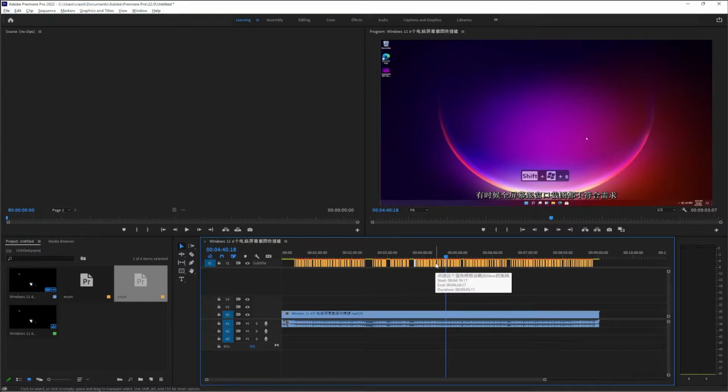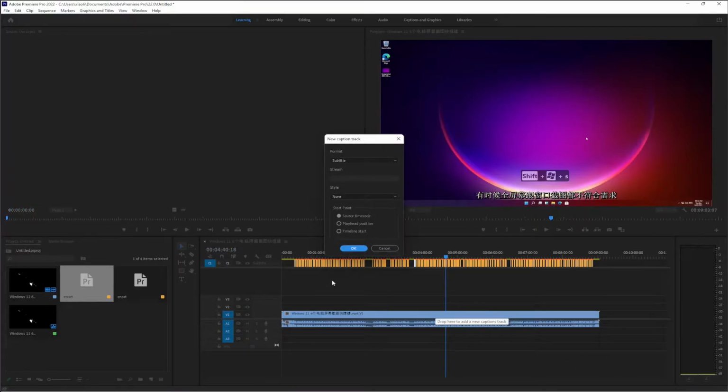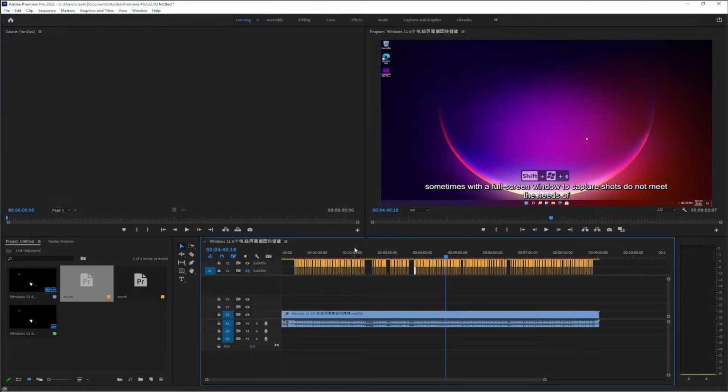Importing the en.srt subtitle file. Dialog box remains default. Clearly visible in the monitor. The current display is in English subtitles, and the Chinese subtitle is currently invisible. Click on the little eye icon in the panel.